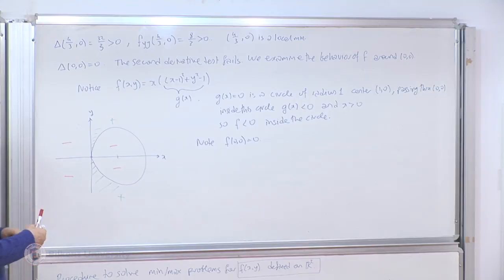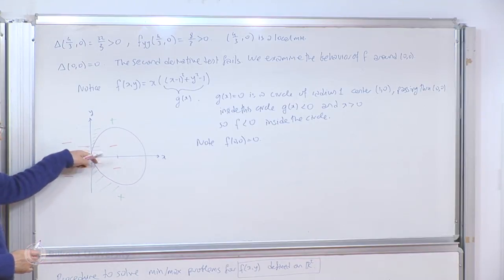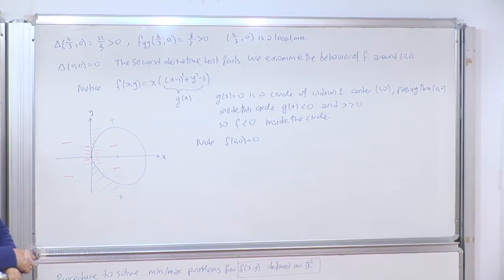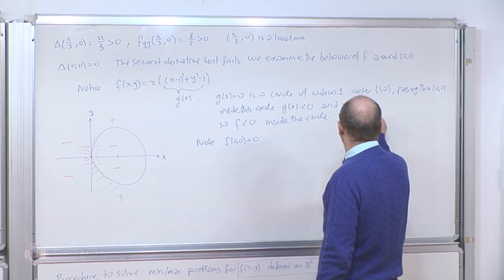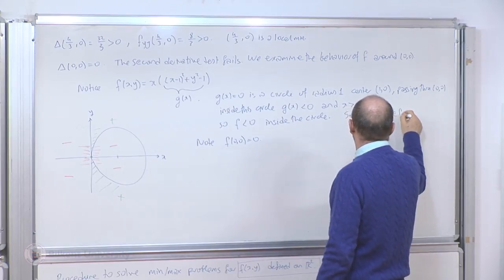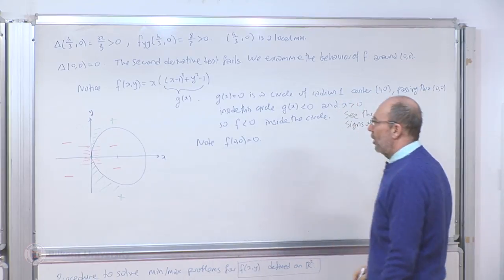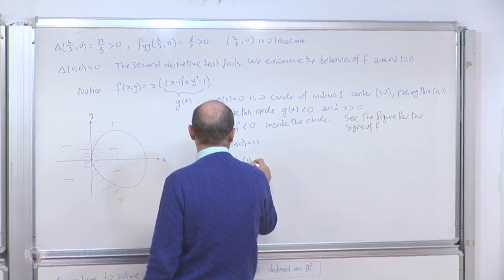If you approach the origin in some other direction, I am only interested in what happens around the origin. Here, the function is negative. It becomes 0 here, then it is again negative. So it's a local maximum when you follow this region. So this point is a saddle point. Okay, so here you have to write: see the figure for the signs of f. So the conclusion is that around (0, 0)